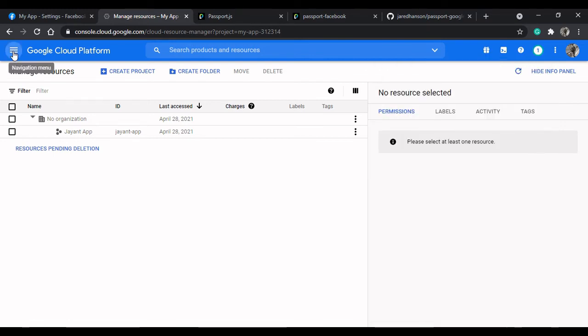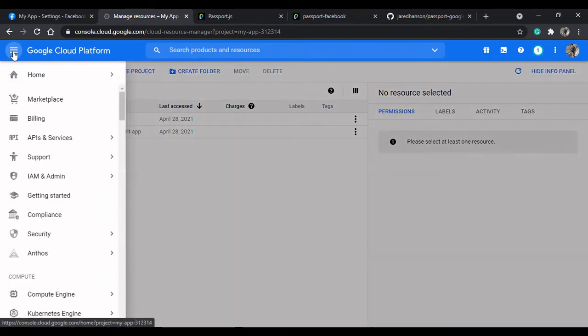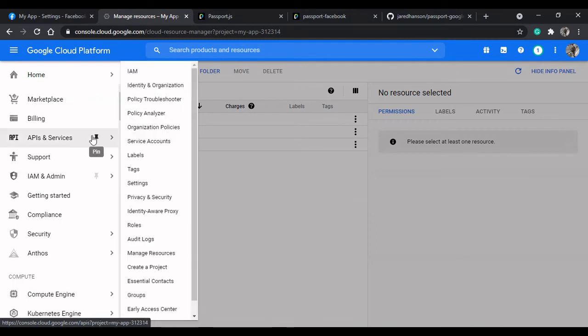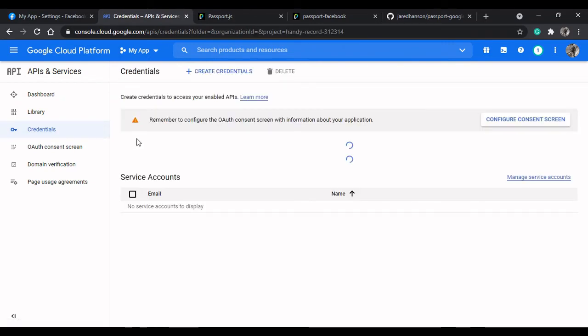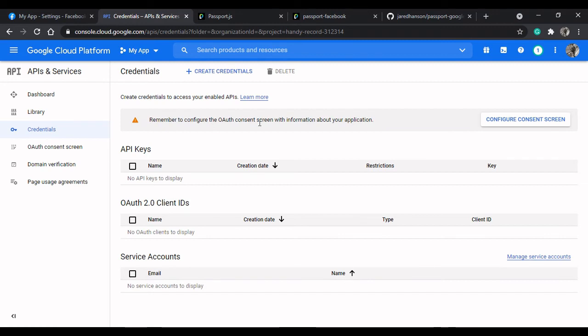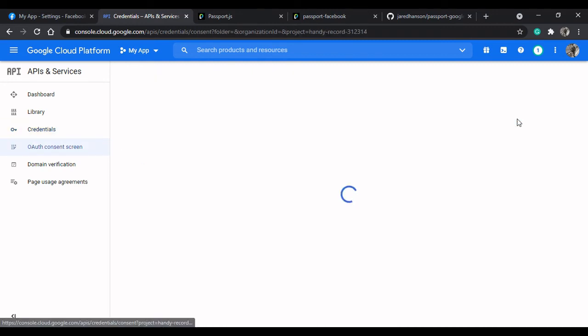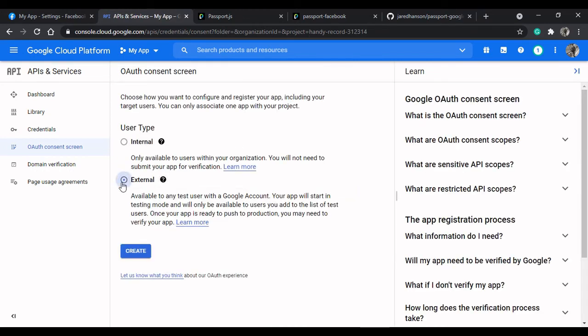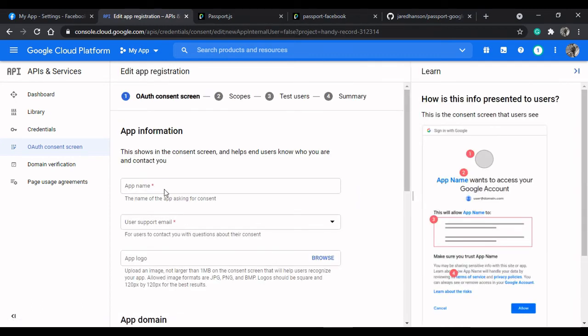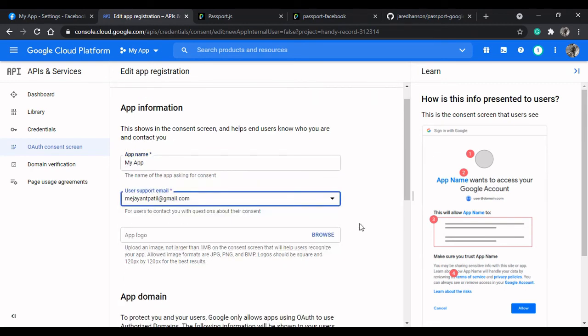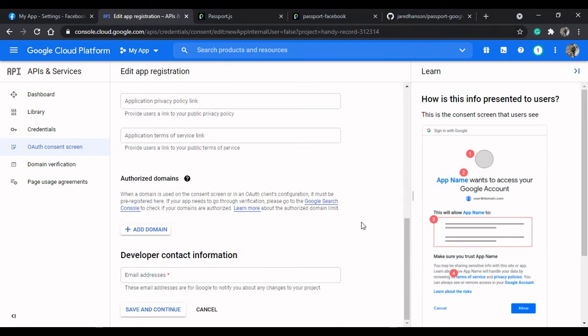After this you need to go to the API section, API and this one, and then inside that you need to click on credential. It will launch that page where you can define all the API keys or client IDs. But before that you need to set up all the details for this application, who can log in, user type, external you need to choose. After that you need to define all the data about your app, like the name, email ID. I'll use my email ID here. So mandatory fields you can fill.